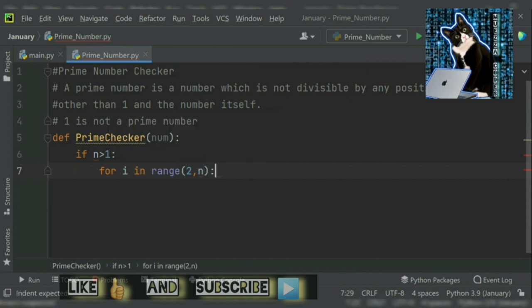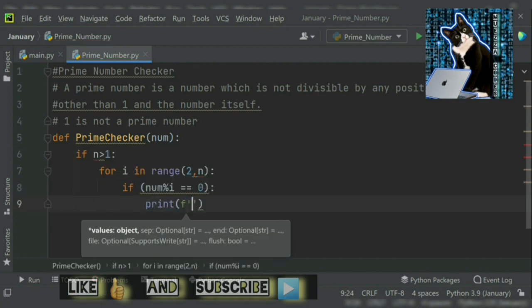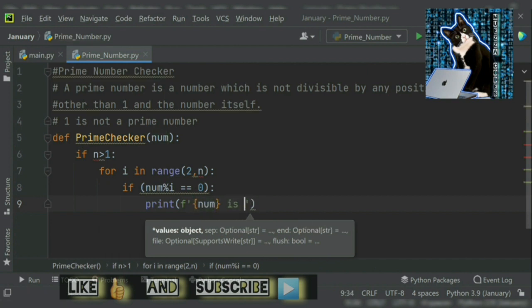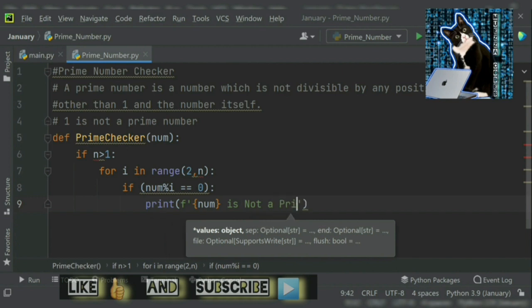So for i in the range from 2 till that number. Now the upper limit is num only, because here the number is not included. In this case we need to check before that number, because that number is always divisible by itself. That is the reason. Okay, so if any other number in this range is divisible,